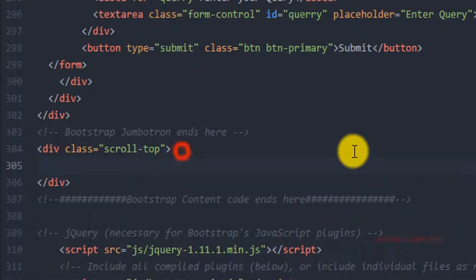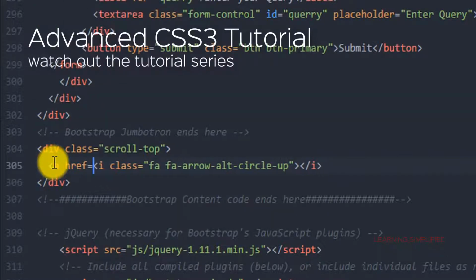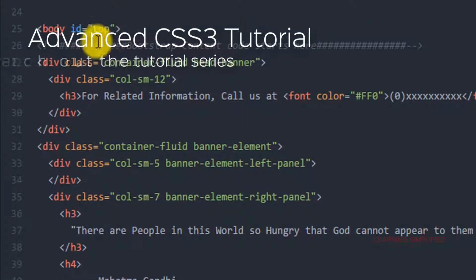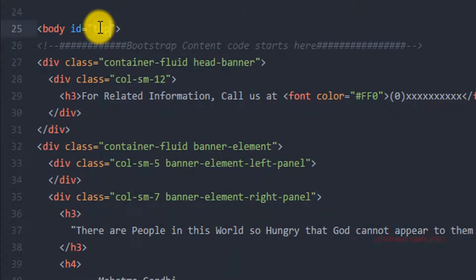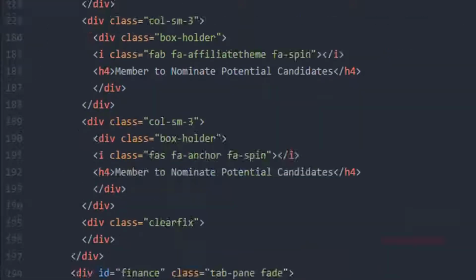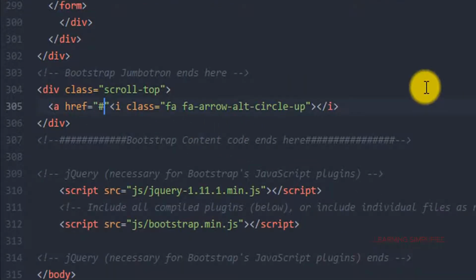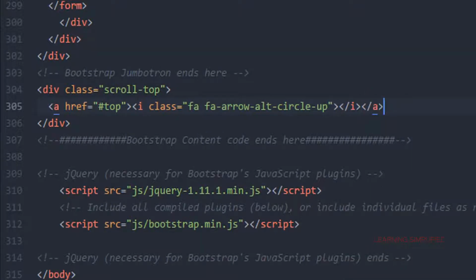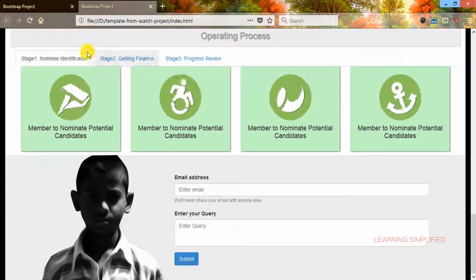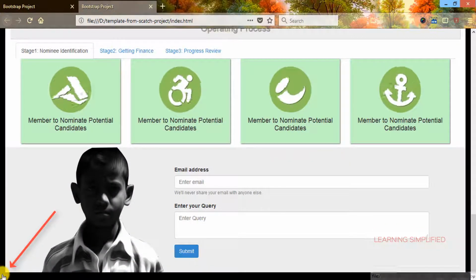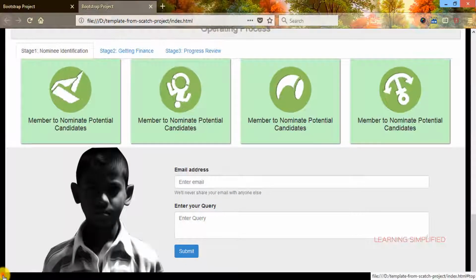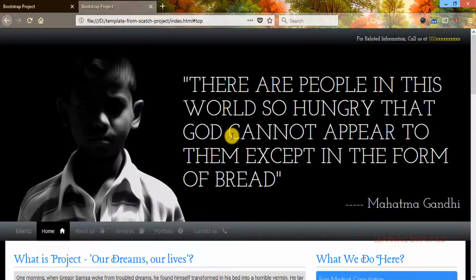There it goes. Now if we provide here an href of what? Of the same ID that we have created on the top of this page into this body segment, we are going to copy it, and here we have to place it down. Now if we just get back to our project and reload, we can see that a font awesome icon has been created over here, and now if we click here, we can see that we are reaching directly on the